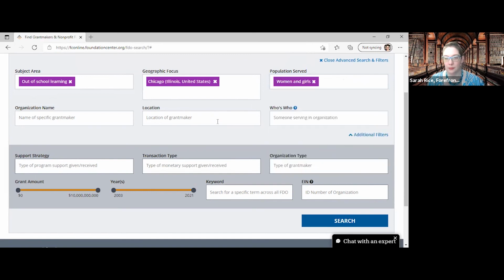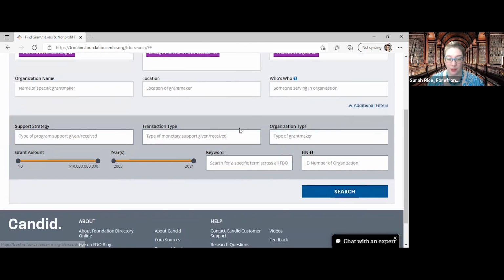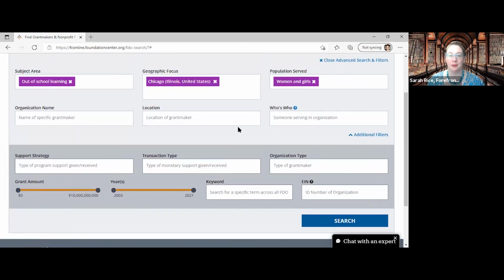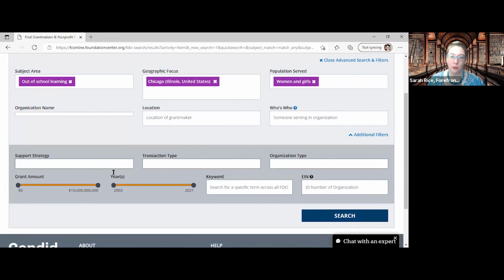All right, so that had been the search I had done originally. As I mentioned, you can fill in as many or as few of these boxes as describe what it is you are looking for. You do not have to fill in all of them by any stretch. That will usually actually confuse the database if you try to put something in all of them. Just give it a few high-level descriptor words. So then when we search,